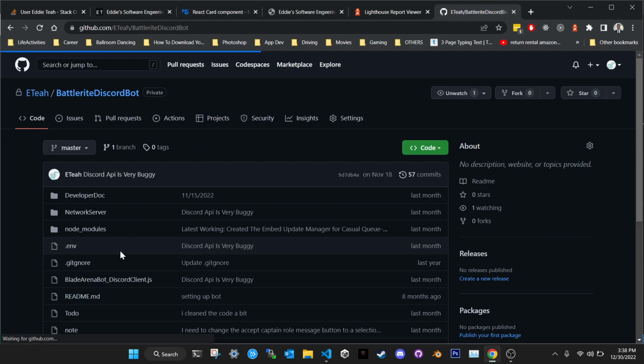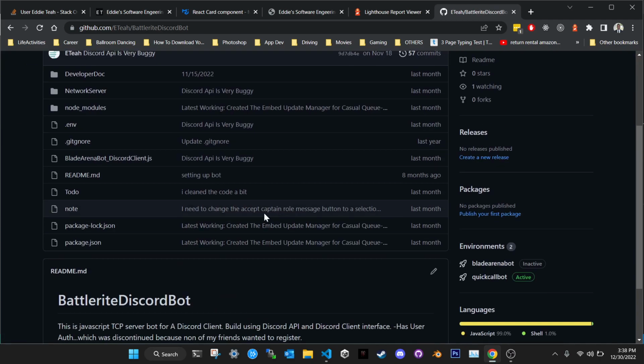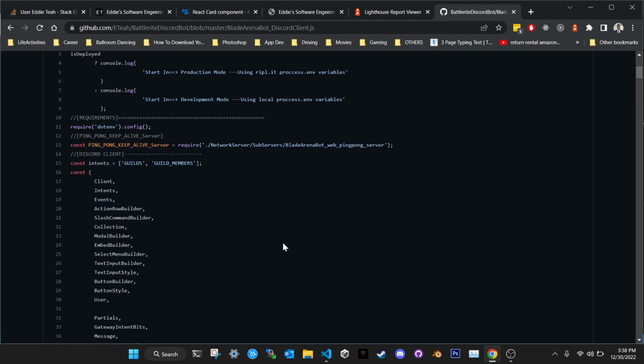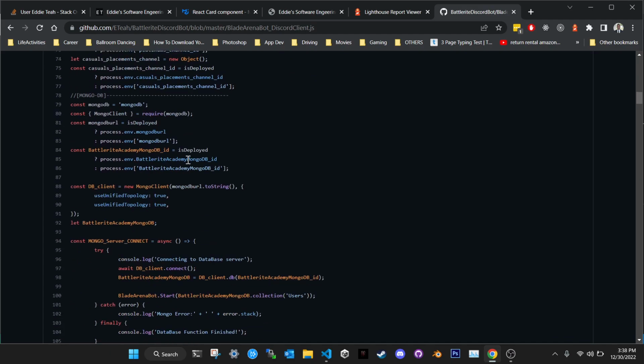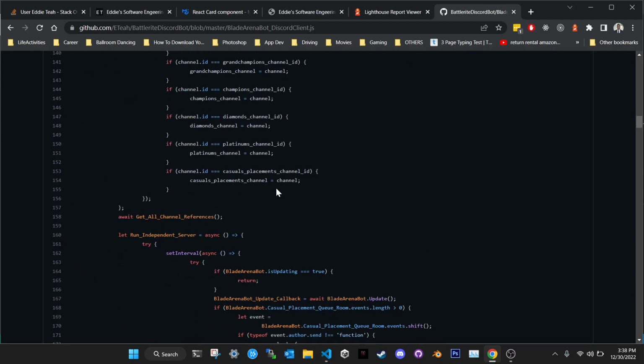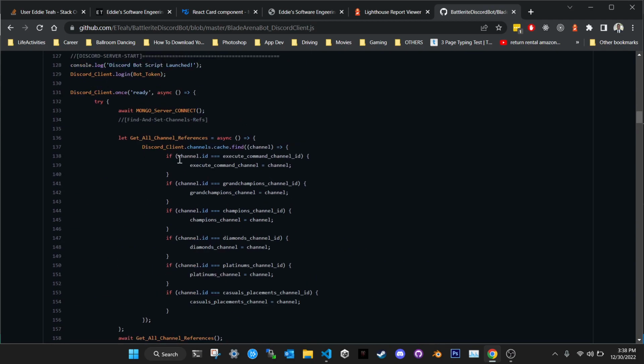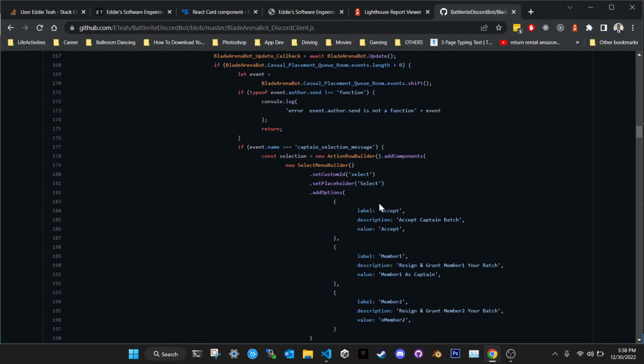That's a design pattern that I personally like because I made it. Anyways, in here you can see a bunch of code using MongoDB and handling Discord channels and other stuff.